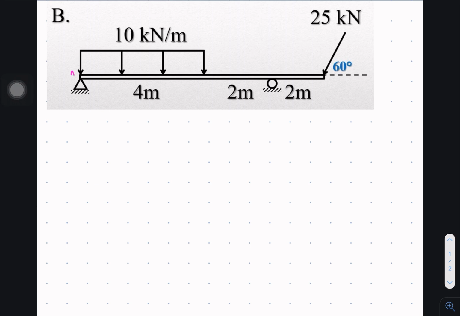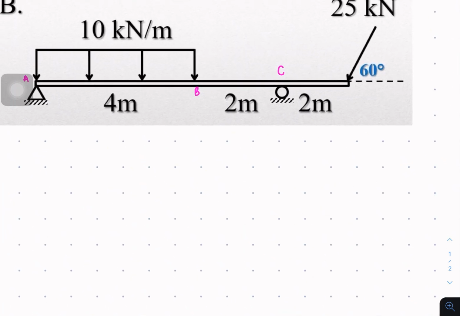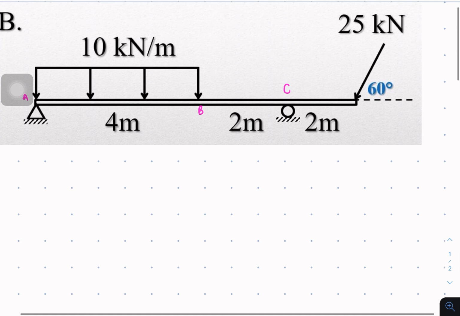So from the left, you have letter A. And then this distribution until here, this point here is point B. And after that, there are no loads, but there is a support, so this would be your point C. And then from point C until the last end, this would be